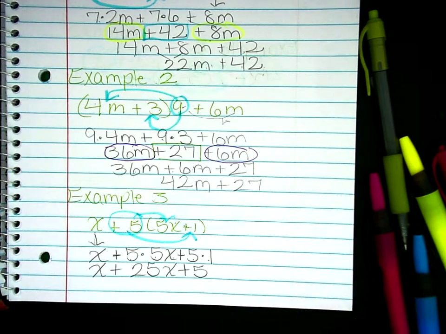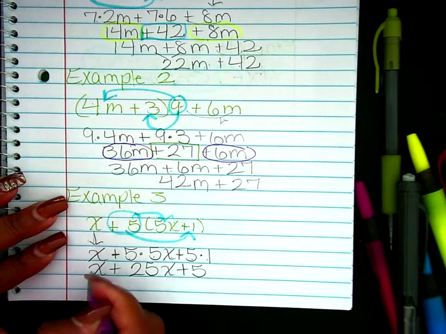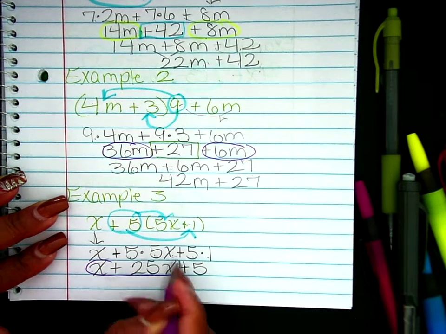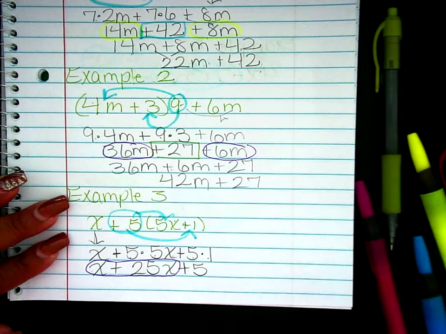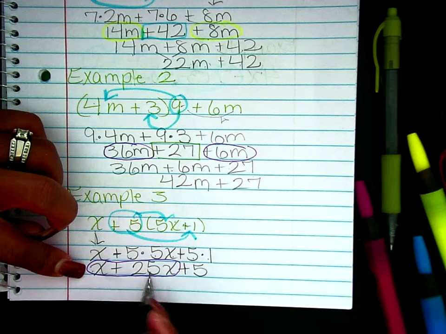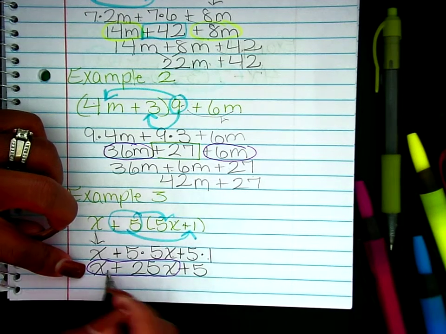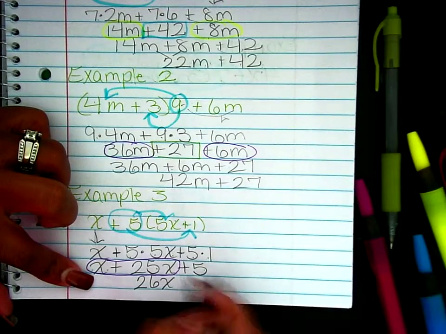Okay? Combine like terms. In this case, you notice that your like terms are already beside each other. And I'm just going to enclose the like terms. And you have the constant 5 by itself. So you say 1x, because the coefficient here is a 1. The coefficient here is 25. So 1x plus 25x is 26x. Bring down your